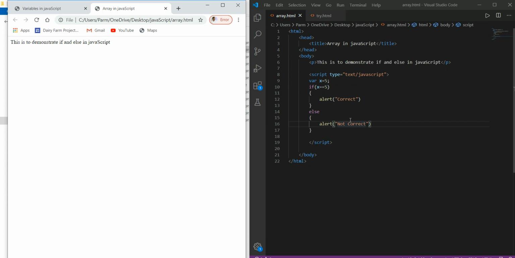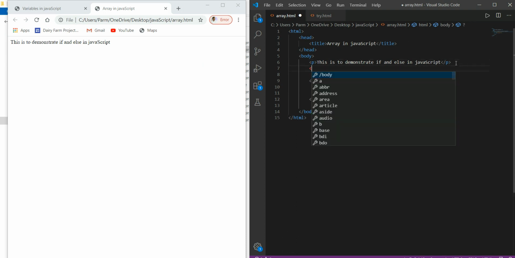Now we will take an example in which we will do some magic work, and see how it works for us in if and else. I'm removing this portion here. Say we want an input box in which we will enter some value, and a button. If we click on that button, if the entered value and the value we have are equal, then we will say you are right, otherwise we will say try again.